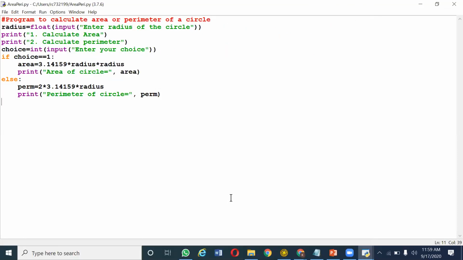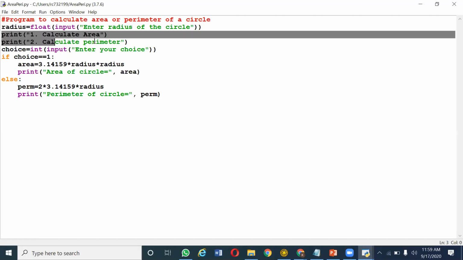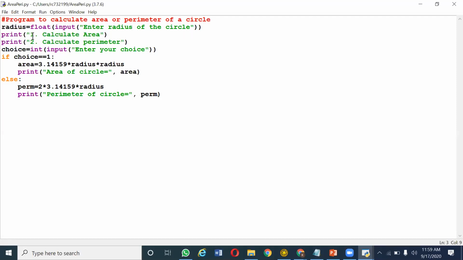So a menu means what you have to do, what are all the things that you can do, you have to display it first, and then you have to give a number to each. Either you can go for a number or you can go with an alphabet, whatever your choice is. You can select any one option. Then you have to read the user's choice, and whatever the choice, you have to check it and accordingly give the task.